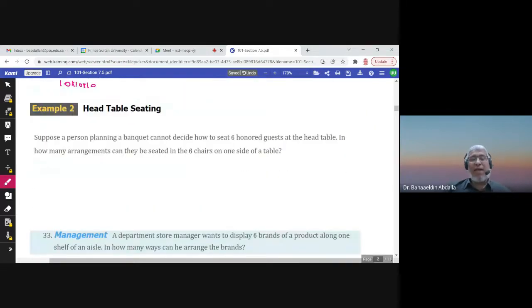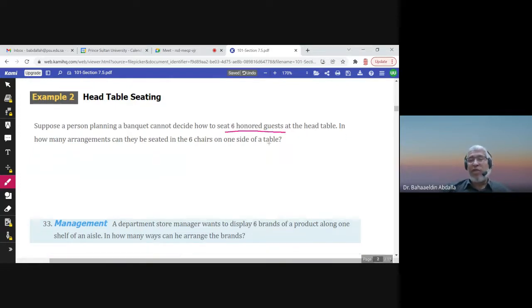Suppose a person planning a banquet cannot decide how to seat 6 honored guests at the head table. So there is a head table, and he cannot decide how to seat these 6 honored guests. In how many arrangements can they be seated in the 6 chairs on one side of a table? Okay, if we have 6 chairs,